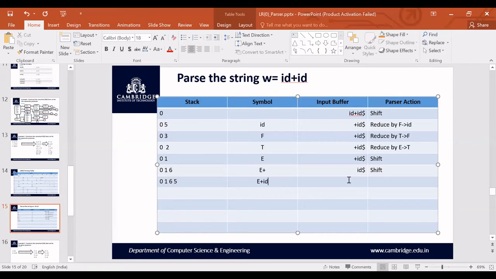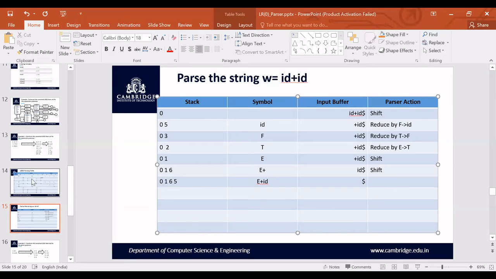So what is there in the input buffer now? You don't have anything. The input buffer is empty now because you have shifted all symbols from the input buffer onto the stack top. Now you have not reduced any symbol. You have only performed a shift operation. Now you have to take a transition from state 5 on symbol $, because $ is also considered as a symbol in your parsing table. Okay. So take a transition of state 5 on $.